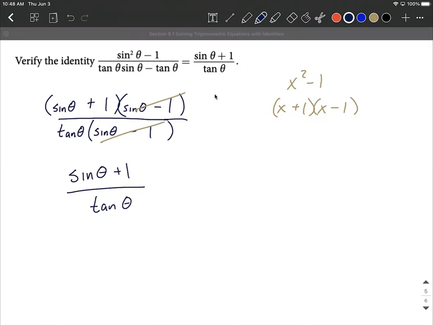So we've gone ahead without using any big identities. Mostly this was all based on factoring to reduce down, verify this identity, make sure the left-hand side is actually equal to the